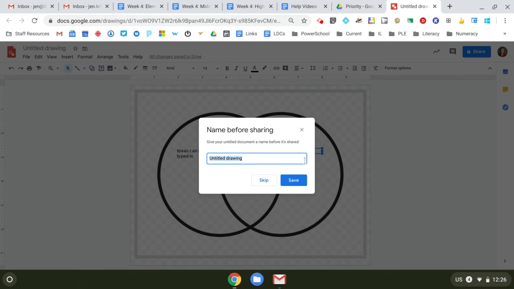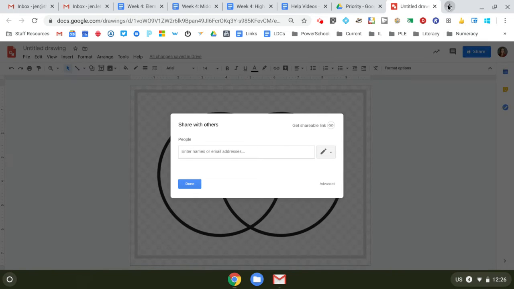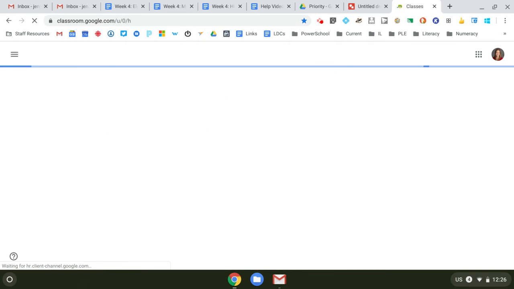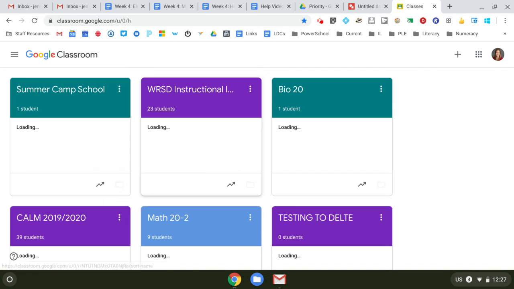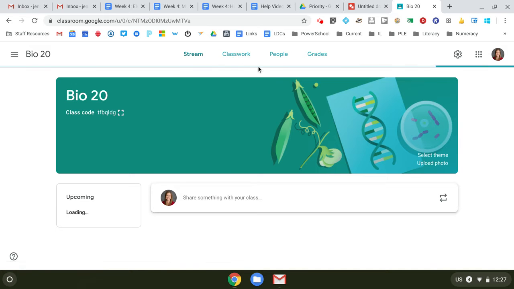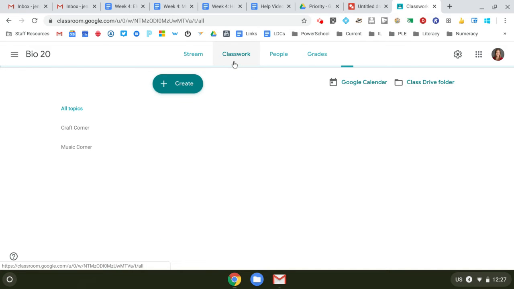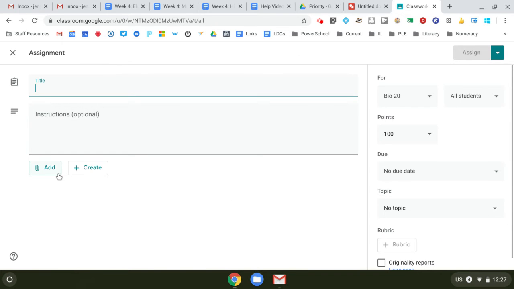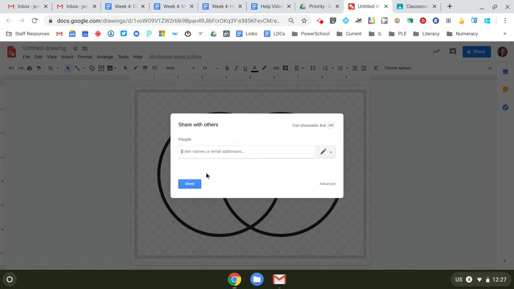It can be shared just like anything else. You can also assign a Google Drawing in Classroom, which I really, really like. So you can make a template like that and then set it to make a copy for each student, which is really, really handy. So if I was to create a new assignment, I'm actually going to name this